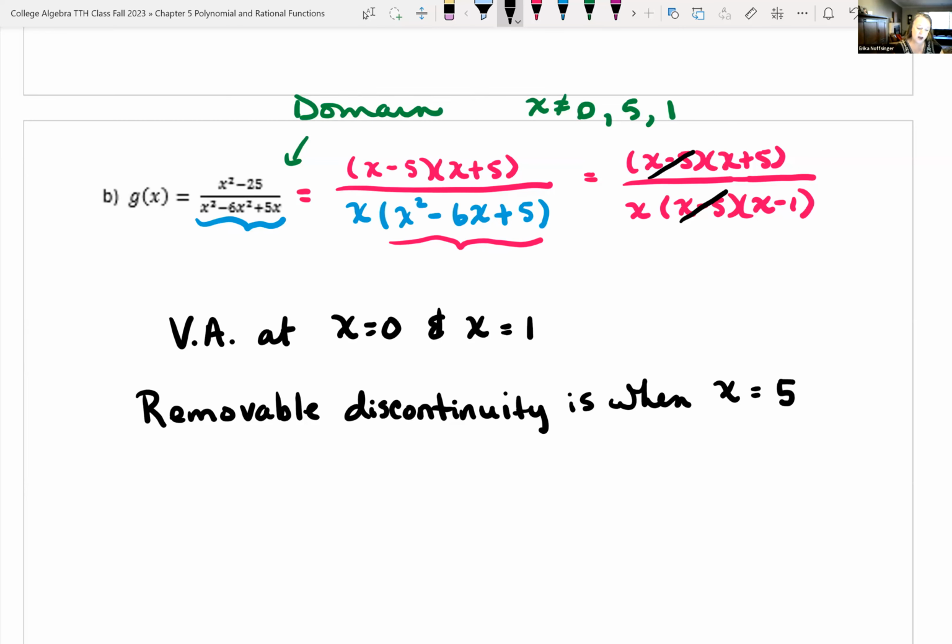Figure out where the open circle is, what that point is for that removable discontinuity. We're going to go back in and plug in 5 into our function